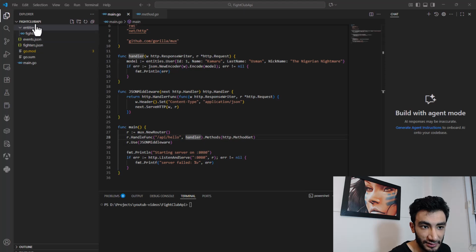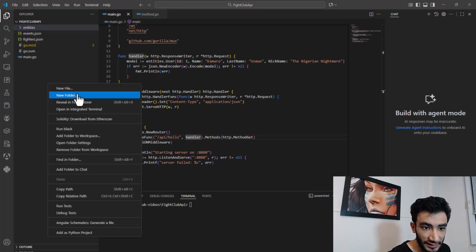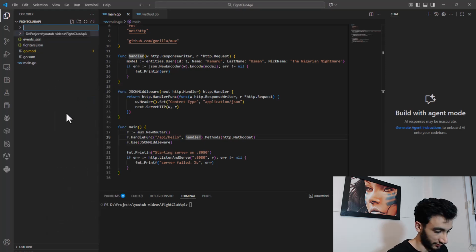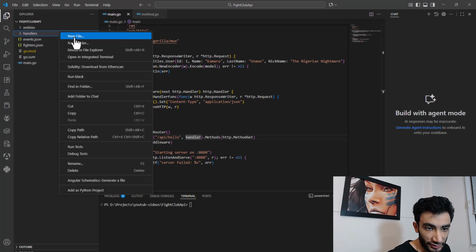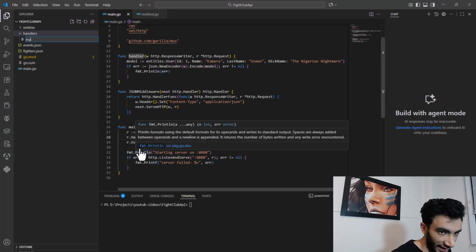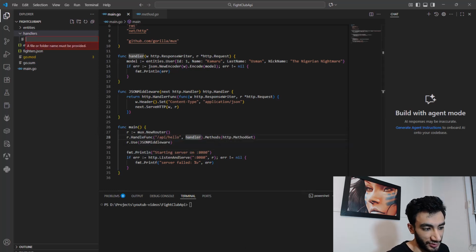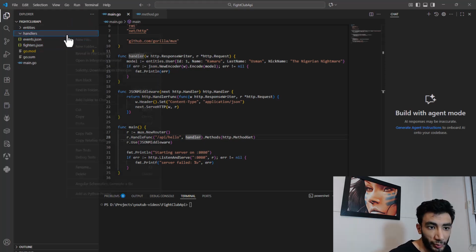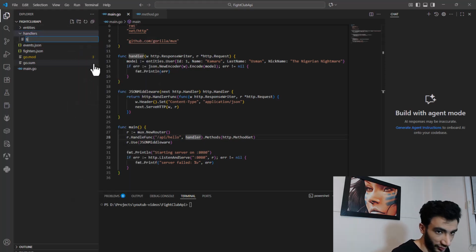For the handler, let's make a handlers directory, and inside that I want to make one handler, maybe I don't know, main handler, or let me think. I put the same fighters